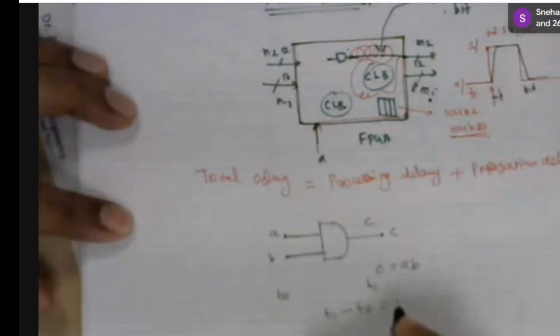So my input will go there, then it propagates this much distance, then again it will come back here and go here. Something like that it will come. Then finally that output will go to the AND gate.